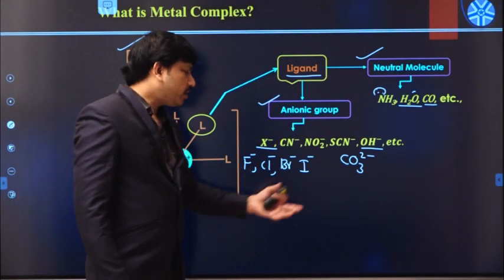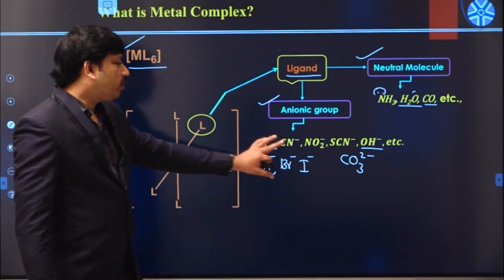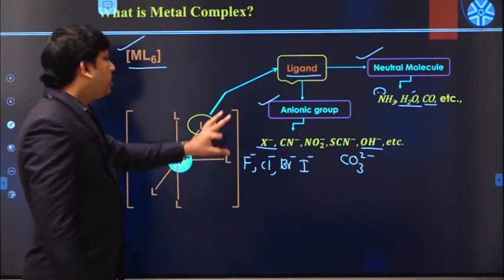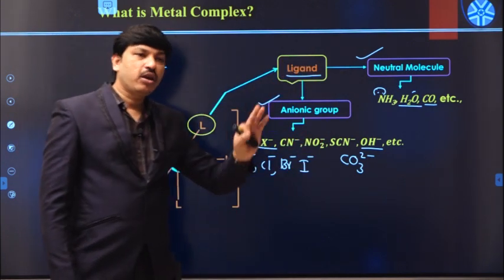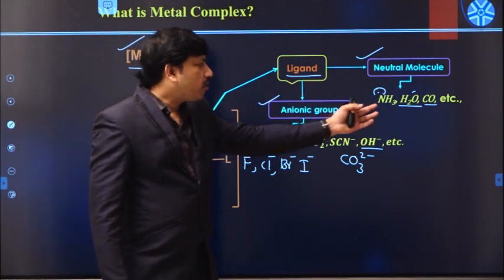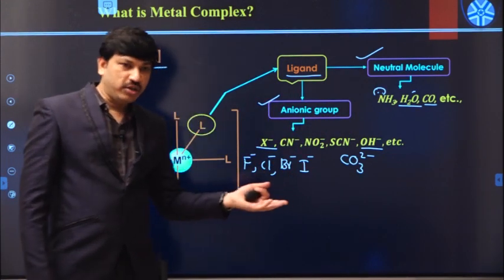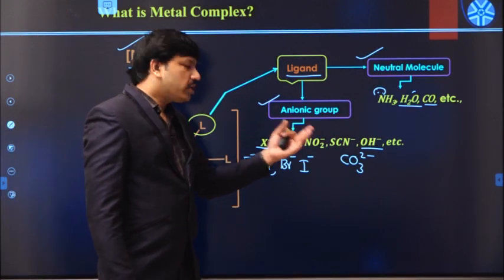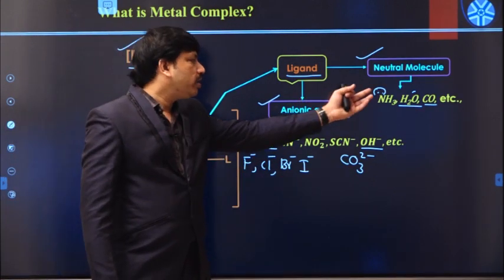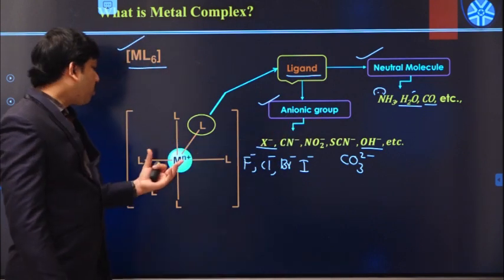So we have so many other examples also. So these are some of the examples. Ligand always means an electron pair donor. Some of the molecules have a lone pair of electrons, and some of the groups have a negative charge. So they will use either the negative charge or the lone pair of electrons in order to make a bond with the corresponding